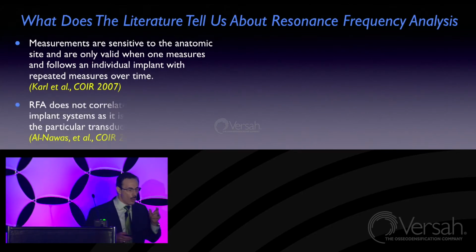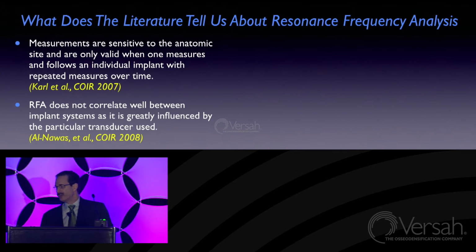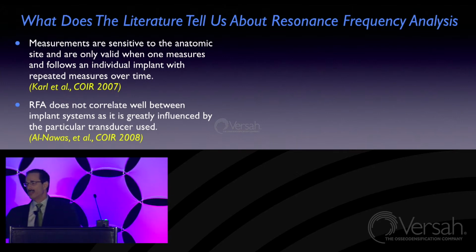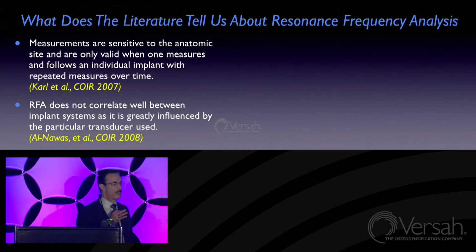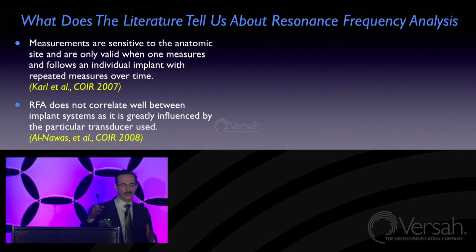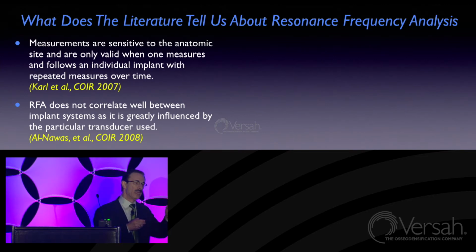all the way up through 8 weeks. RFA does not correlate well between implant systems because they have all different footprints. It's influenced by the transducer that may be used as well. So because you use one type of implant versus another, the RFAs cannot be compared. Remember, this is a serial system where you're looking at an implant or an implant system over time,